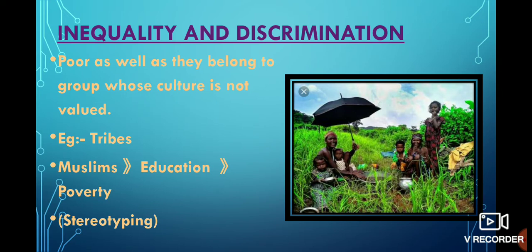However, studies have shown that poverty amongst Muslims is an important reason. People think that due to their religion they do not educate girls, so they are not sending their girls to school. But the real reason the girls drop out of school is that Muslims are facing a problem of poverty. The majority of Muslims are facing poverty, and that's why more girls drop out of school. So this is a kind of stereotype.